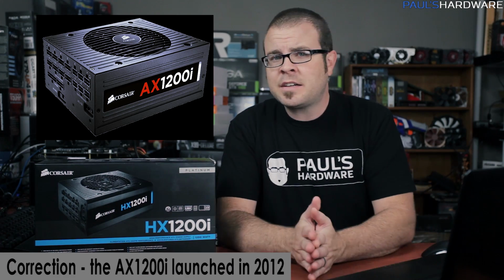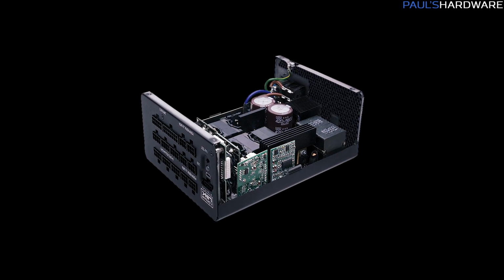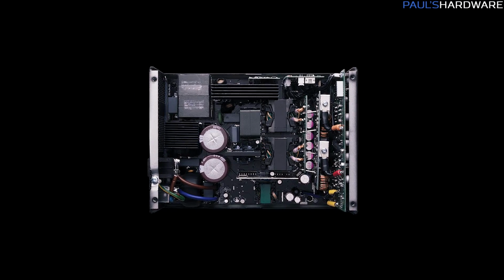Okay, before I really move on, there's another question that's bound to come up. That is, why did Corsair make the HX1200i when they already have the AX1200i, which was launched last year? Well, the AX1200i is a digital power supply, and the HX1200i is analog internally. This means, apart from the HX1200i starting at $270 versus the AX, which starts at $320, that while this unit